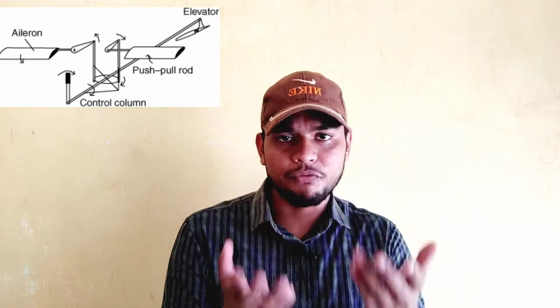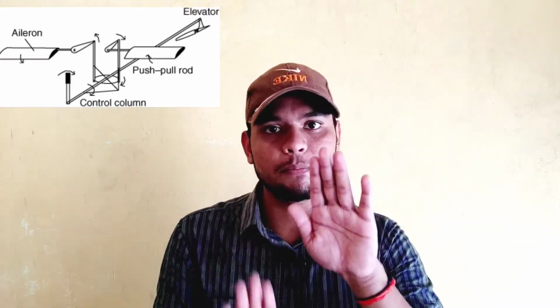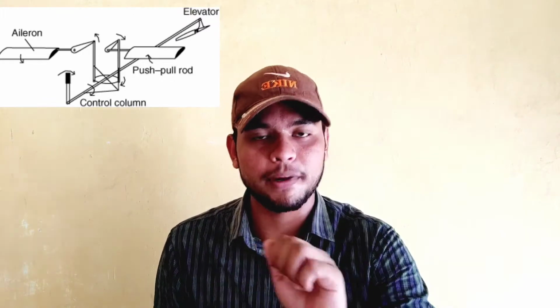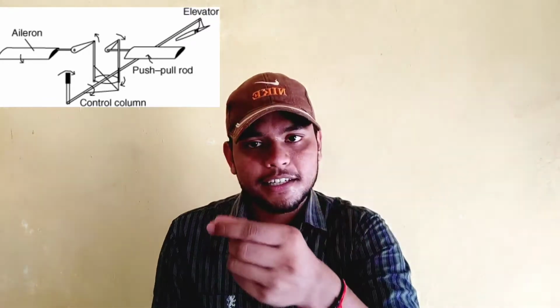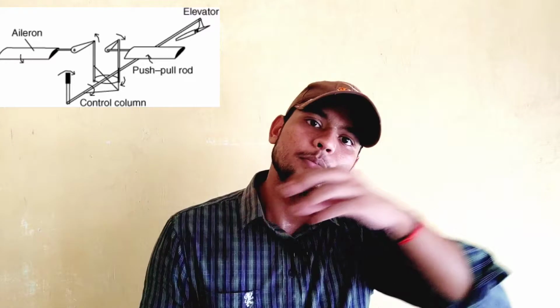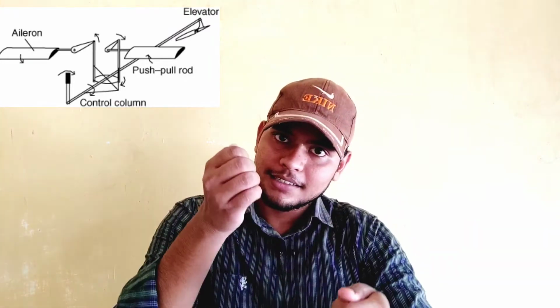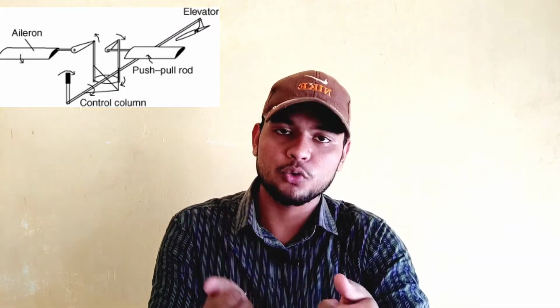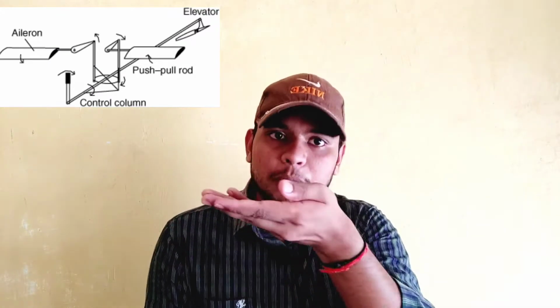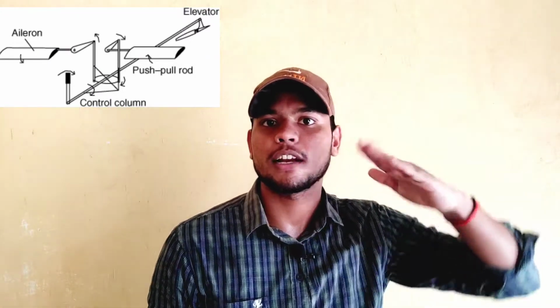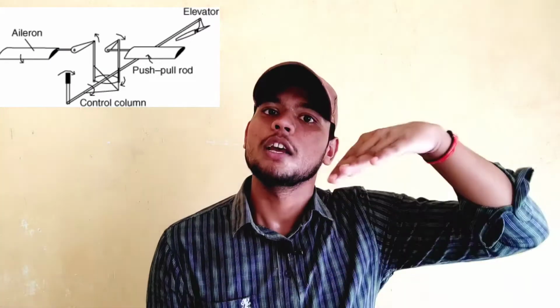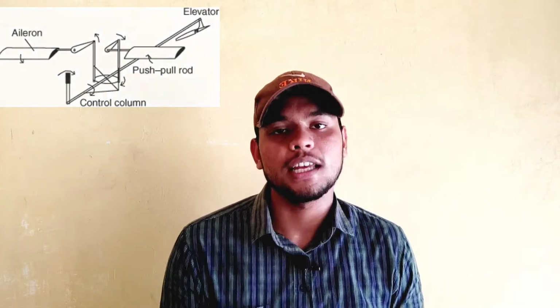Okay, whenever the pilot puts force on the rudder pedal or control stick, they are connected to the control surface. As the pilot moves the control stick, this power is transmitted to the control surface, and according to that the control surface will go up or down. Okay, but they are also not used in all modern aircraft, in modern or bigger aircraft, because they are solid rods and they have a great weight.